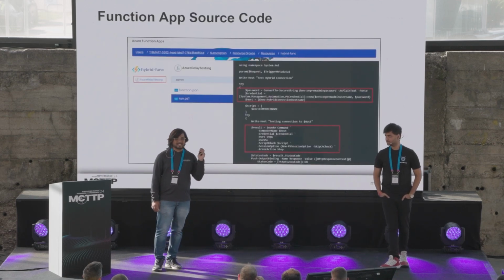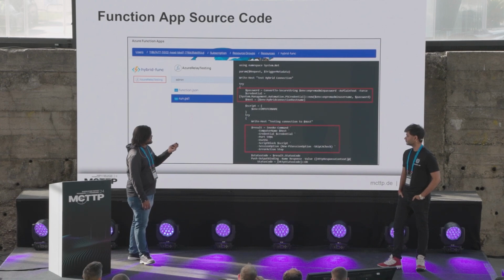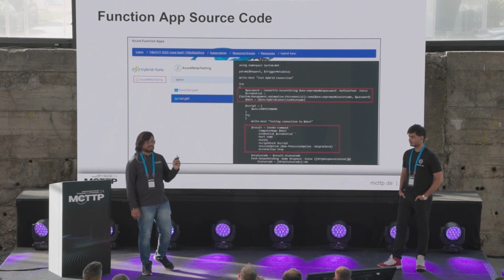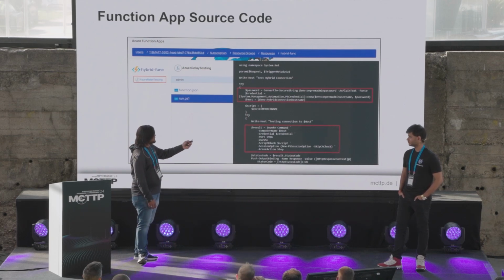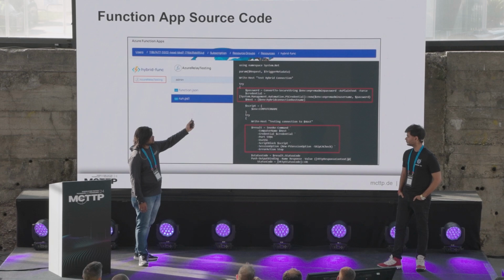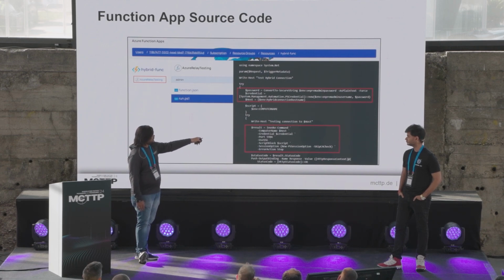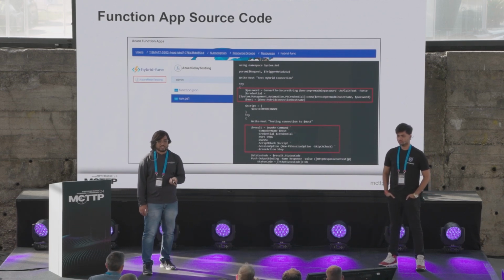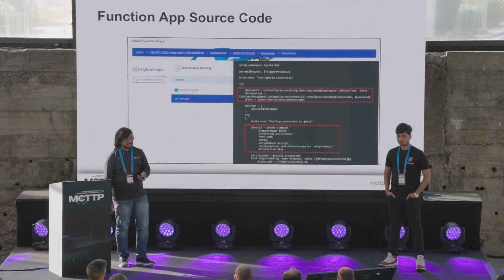We found this particular source code in that client function app, and this again gave us a hint that this function app is actually trying to connect to the machine over PS remoting. You can see that it is extracting the credentials from environment variables of the function app, and then at the end it is trying to execute some commands on the target machine using PS remoting over port 5986. So then we started hunting for this.